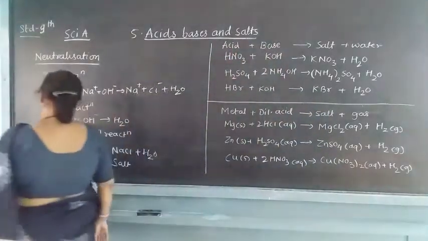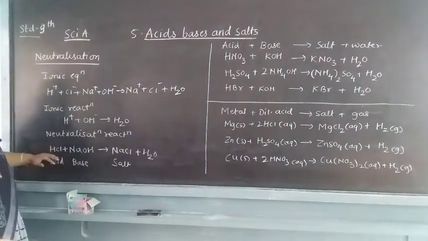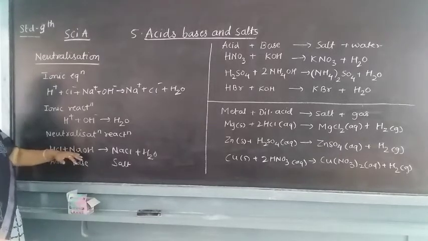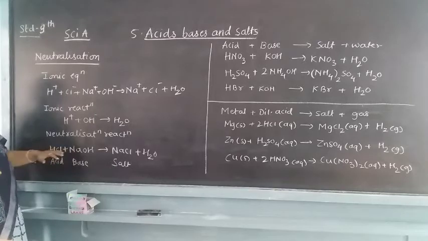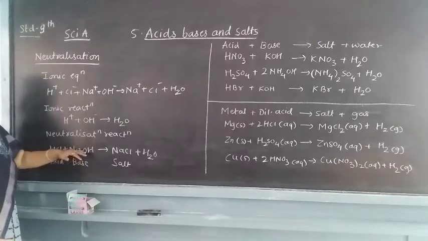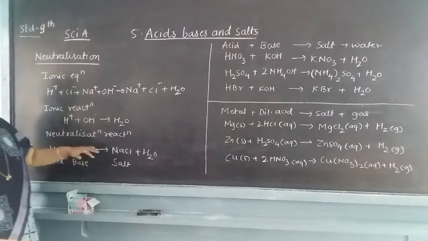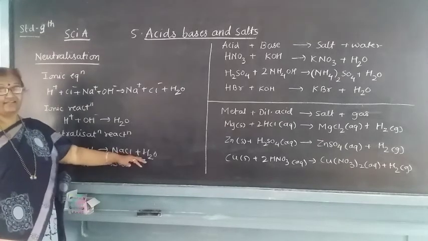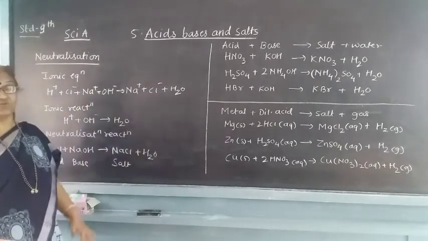See, the first solution that we have taken is an acid, which is HCl. The second we have taken is NaOH. To HCl we have added NaOH, and we have added the NaOH until the green color appears. That means whenever the green color appears, it is a neutral solution. After formation of a neutral solution, there is a formation of a salt and a very small amount of water.